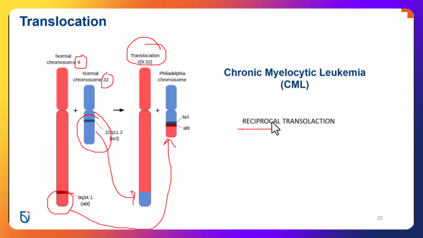And what's important clinically here is that this can be seen in those that have leukemia, particularly a leukemia called CML, or chronic myelocytic leukemia. So it's really cancer of the white blood cells. Now, just to be more specific on that for you to make note of, what really is the Philadelphia chromosome? It's the new chromosome 22. So this is the new chromosome 22 that you can see is now called Philadelphia chromosome, which is seen in people